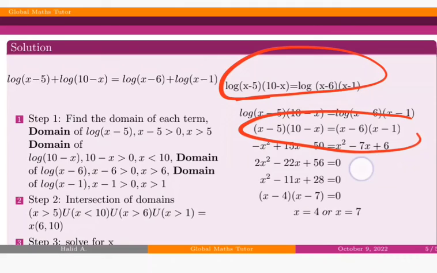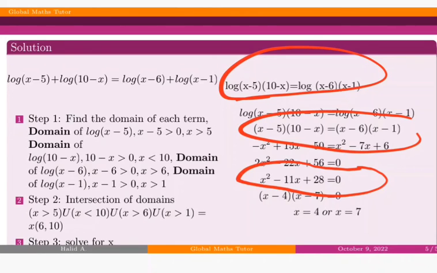Then, rearranging these terms by moving all terms to the right side, which gives 2x squared minus 22x plus 56 equal to 0. If you divide both sides by 2, it gives x squared minus 11x plus 28 equal to 0. Then you can use any method you want for solving these quadratic expressions. Maybe you can use the quadratic formula if it is simple for you, but here I use